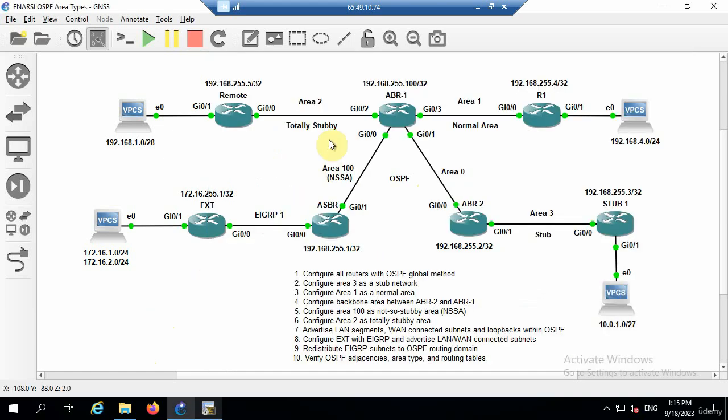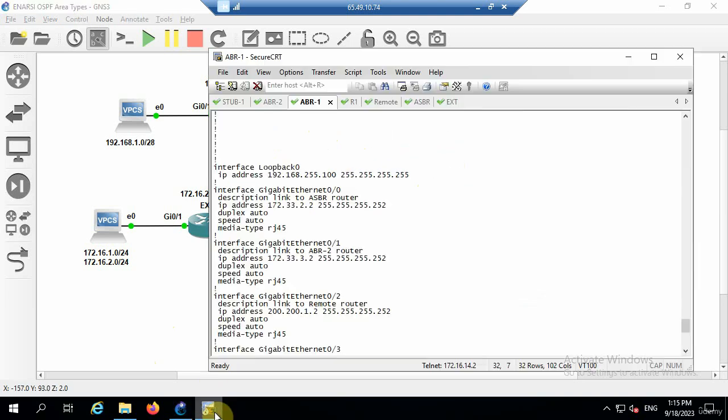And ABR1 has a connection to area 2, connection to area 1, connection to area 100, the NSSA, and also a connection to area 0. So it's kind of a hub router. Got the loopback there,